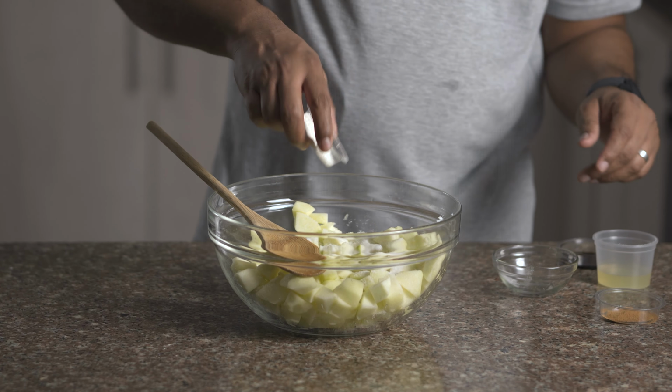For the topping, combine 1 cup of rolled oats, 1 cup of all-purpose flour, a half cup of white or brown sugar, more if you want it sweeter, a half teaspoon of baking powder, a teaspoon of cinnamon powder, and a pinch of salt. Whisk that up to combine well before adding 125 grams or half a cup of melted